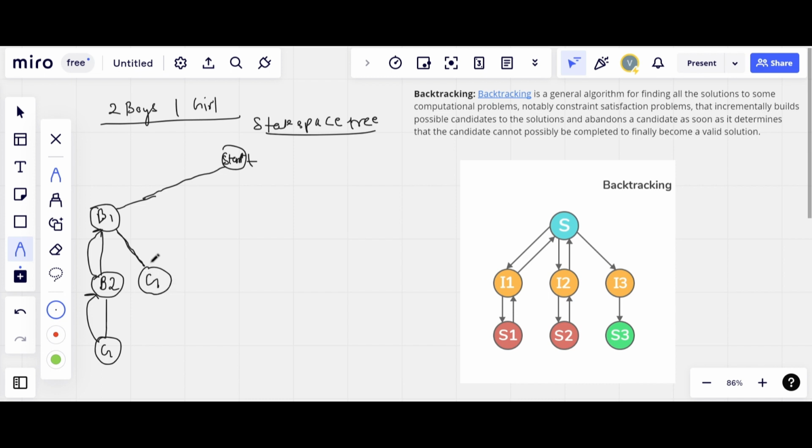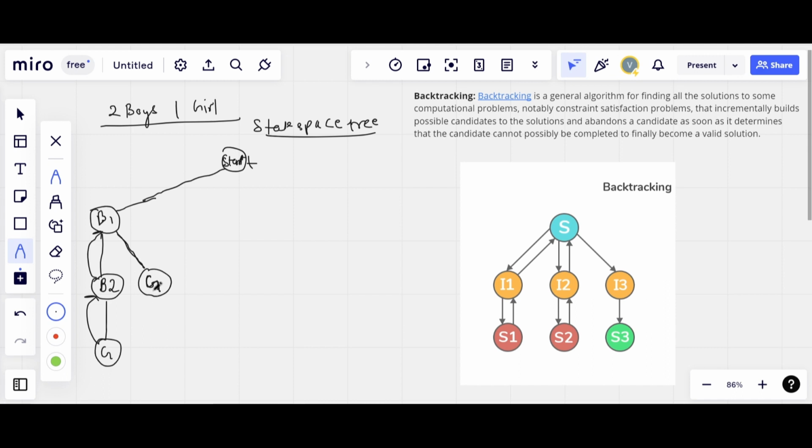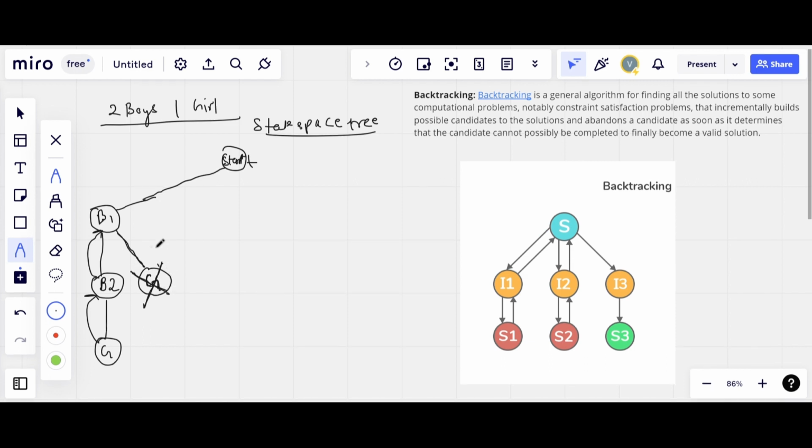As soon as the girl sat, we found that this is not meeting the explicit constraint, because we know that if the girl sits here, then the only choice left is B2, the boy 2, and then it will not meet the explicit constraint. So this will not lead to a valid solution. So what we will do is remove this solution, or the partial solution, or will not consider this solution in our algorithm,